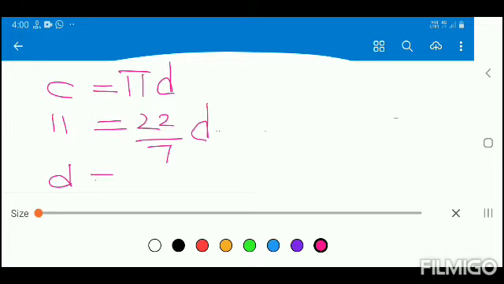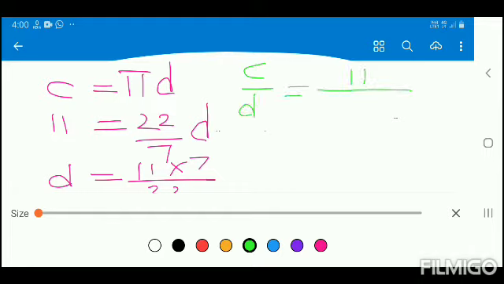So d is equal to 11, just 7 will go up and 22 will come down. Now we will see here the ratio of C upon D. Here C's value is 11. D's value is 11 multiplied by 7 upon 22. So here 22 will go up. So here what will you get? 22 upon